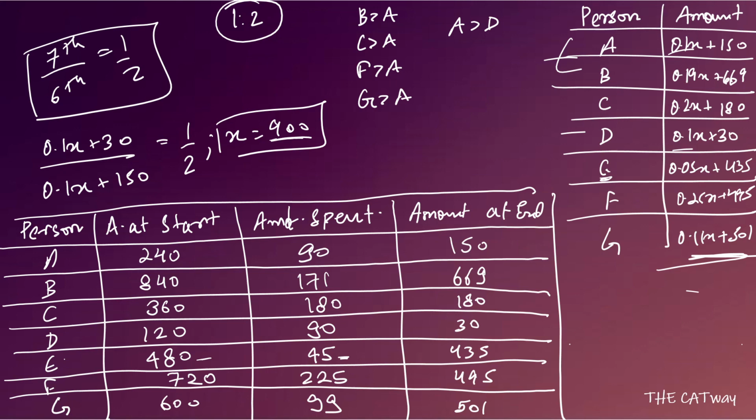So A spent, 30% of A would be 72. So A is going to be counted. 30% of 840, 84 into 3, is going to be more than 171. So B is not going to be counted. C spent 50%. C is going to be counted. D is going to be counted. E is not going to be counted. F, let's wait. So 72 into 3 would be 144 plus 72, that would be 216. So F is going to be counted and G is not going to be counted.